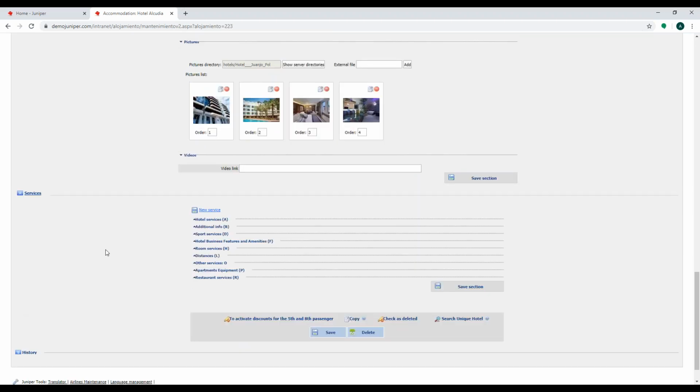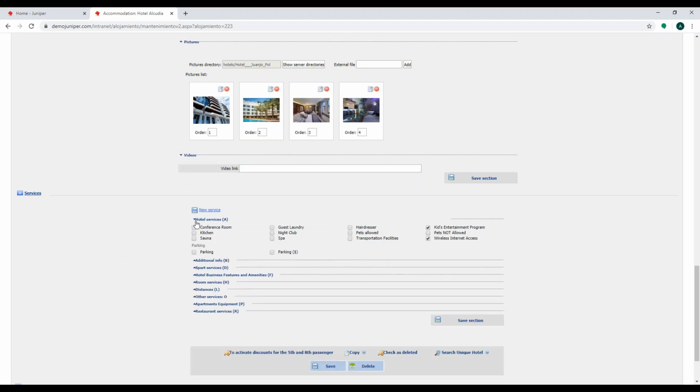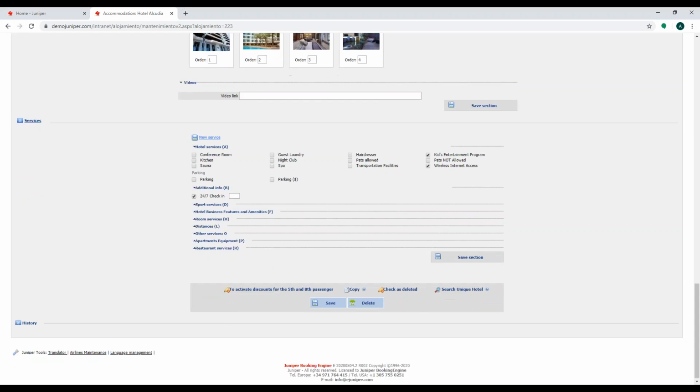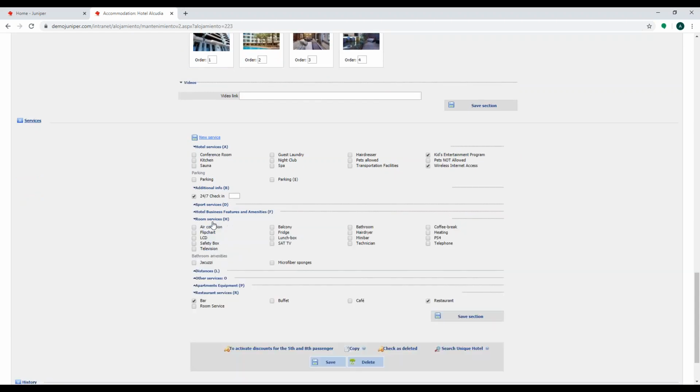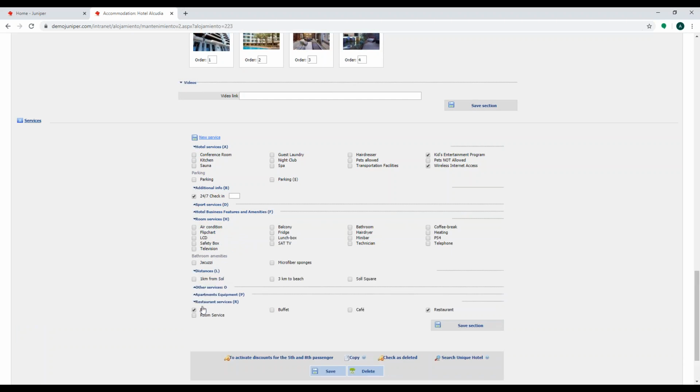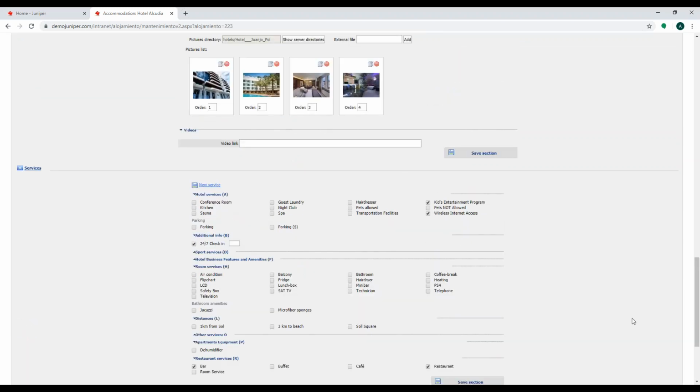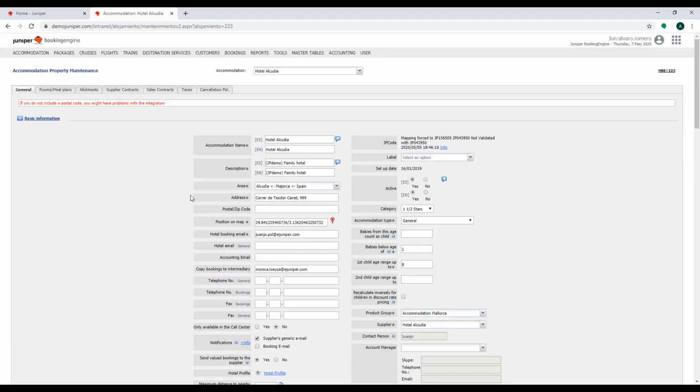Then we have the services, and as explained before, all the services have been configured before. If we do it that way, then here we just need to select the services that this accommodation has. As you can see, we have hotel services, room services, and quite a lot of information. When we have configured this section, we can go to the next one, which is